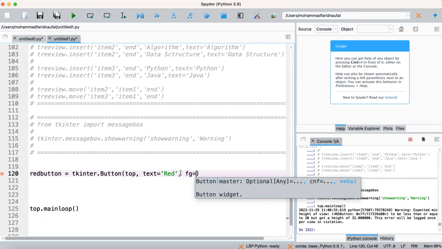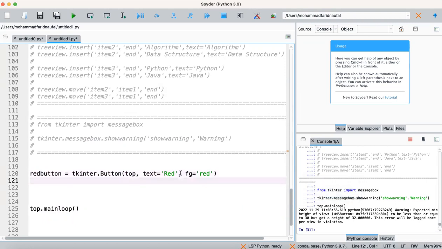This one is font color, so equal red. Then red button dot pack, side equal left. So we put it into the left position.